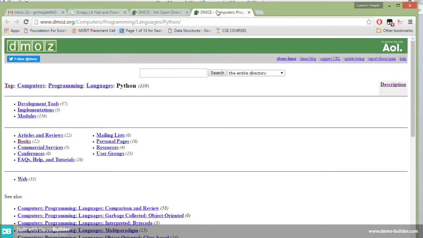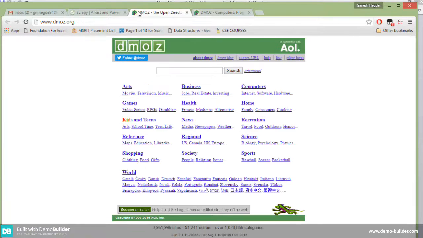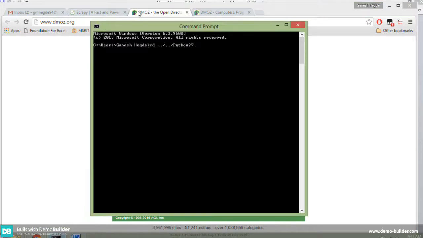For the demo I use a programming language, and for simplicity I use Python. The next step is to open command prompt and go to the Python directory, whatever it may be, here Python 27.